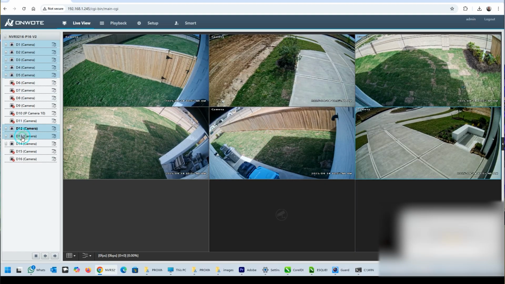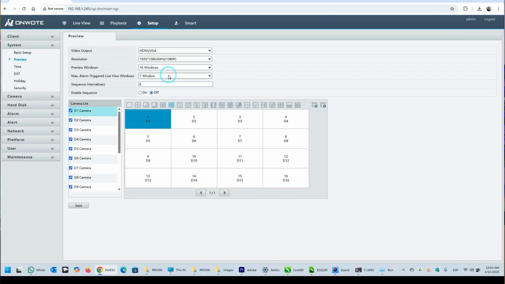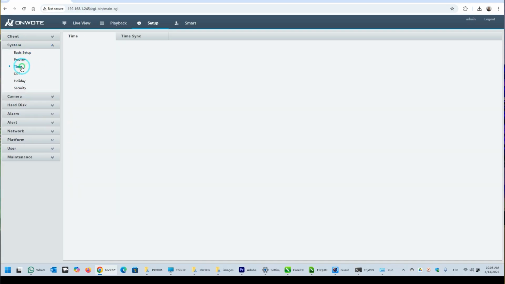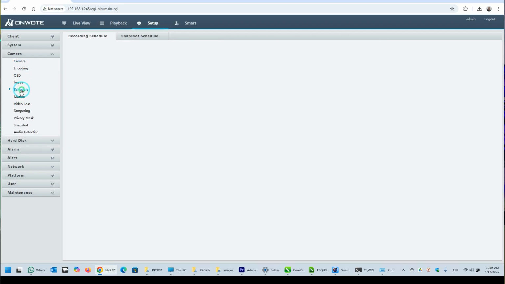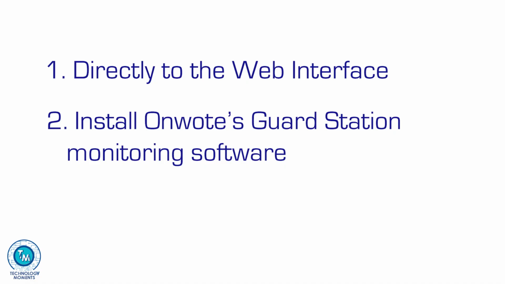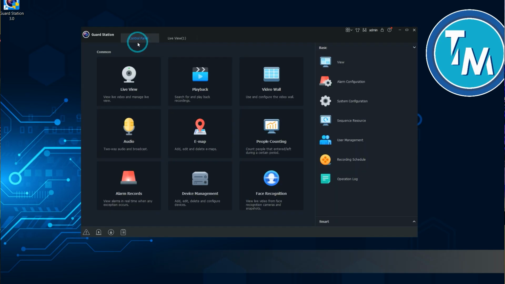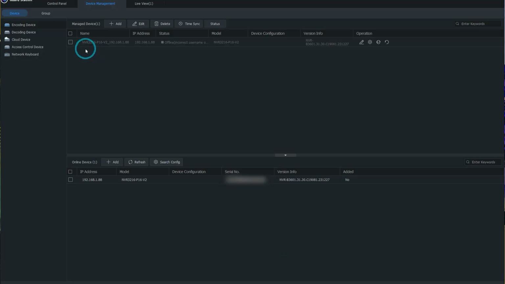The web interface works quite well. You just need to install a plugin when viewing it for the first time. The web interface offers the most options for remote configuration, management, and viewing. Second, it's by installing the guard station monitoring program, which can be downloaded from the manufacturer's website and installed in a few moments. This option is very useful for 24/7 monitoring from remote locations, since it also works by linking